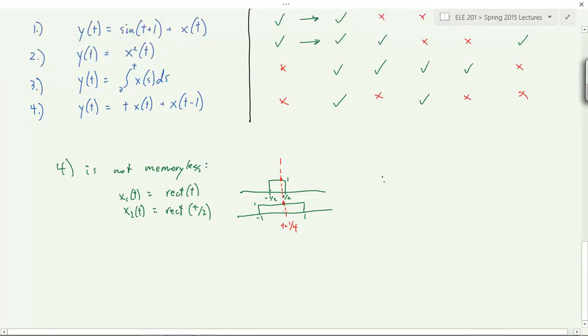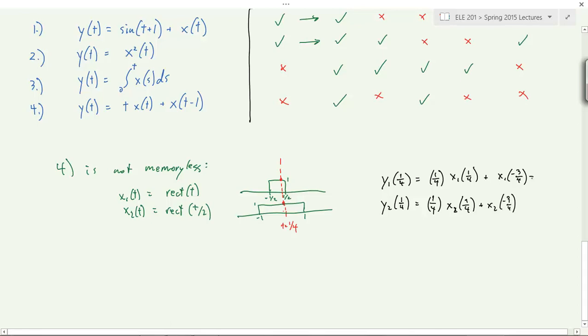We'd get y1 at 1/4 equals 1/4 times x1 at 1/4 plus x1 at, instead of 1/4, it's minus 3/4, right? Okay. y2, similarly, equals 1/4 x2 of 1/4 plus x2 of negative 3/4,